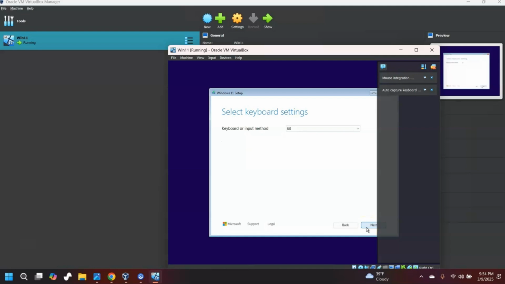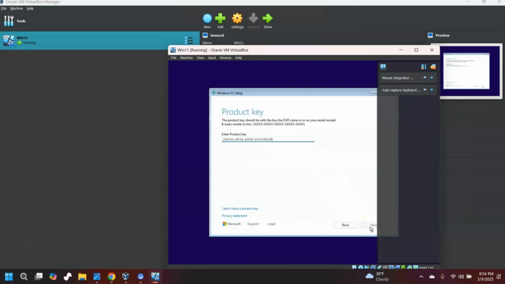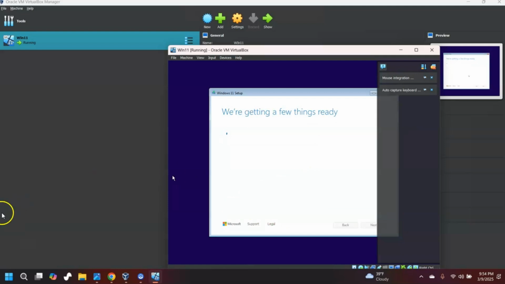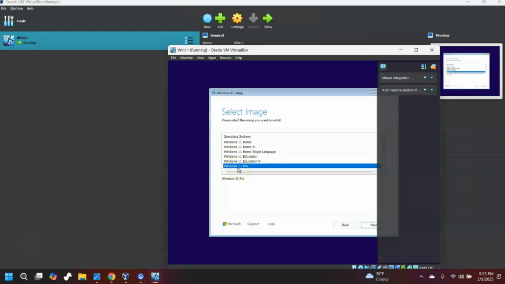Pick your language, pick your keyboard. I'm going to keep the US. I'm going to check this agree to everything, and then just make sure Install Windows 11 is toggled. Click next. I don't have a license, so I don't have a product key. Now you can select whichever version you want to do. I'm going to go ahead and do the Windows 11 Pro,